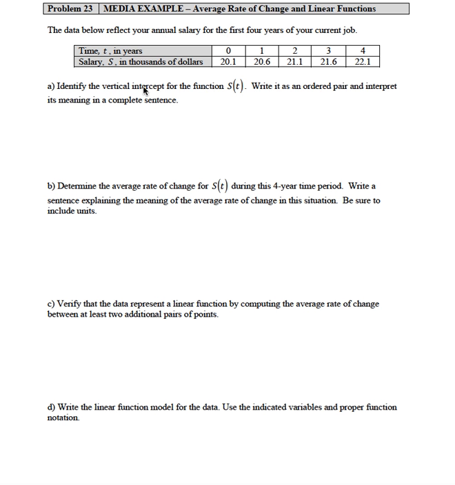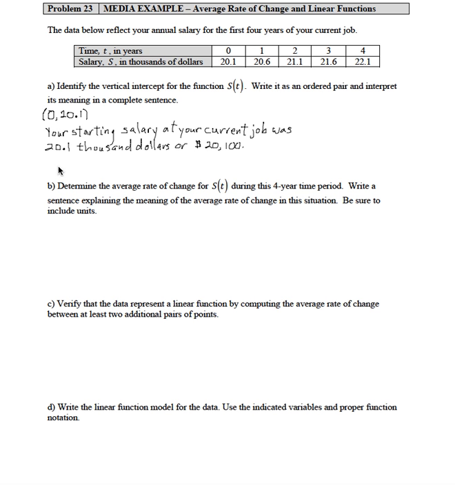Part A, identify the vertical intercept for the function S of t, write it as an ordered pair, and interpret its meaning in a complete sentence. The vertical intercept is (0, 20.1). We can read that from the table here. And to interpret its meaning in a complete sentence, your starting salary at your current job was $20.1 thousand or